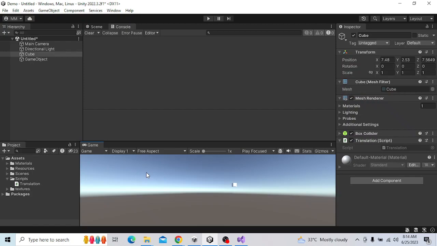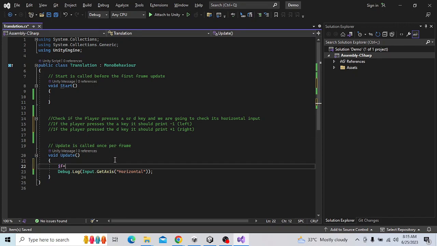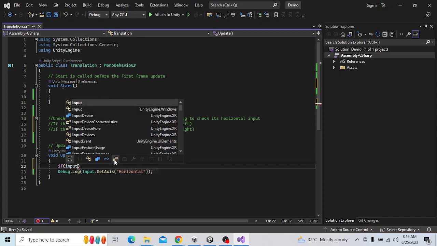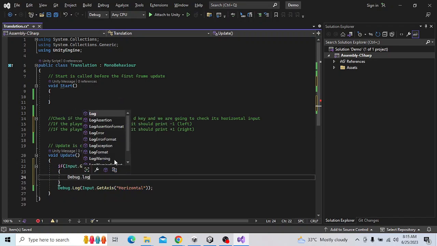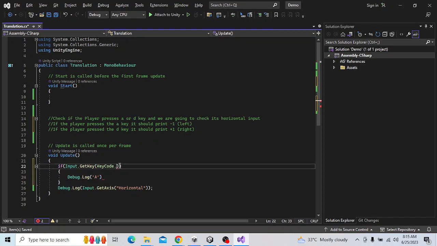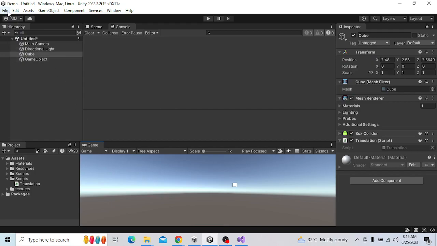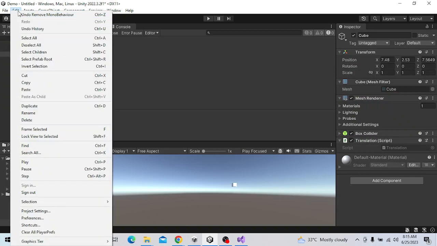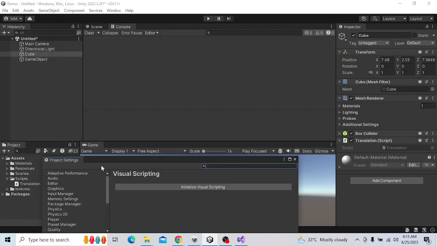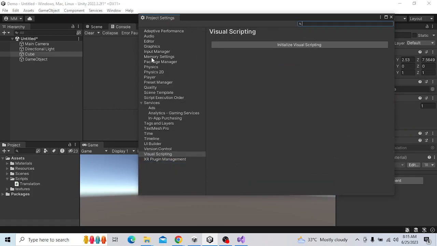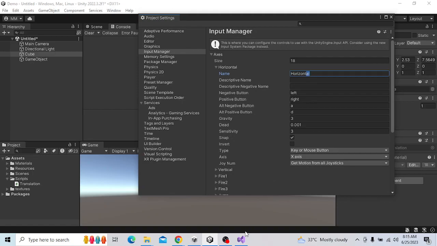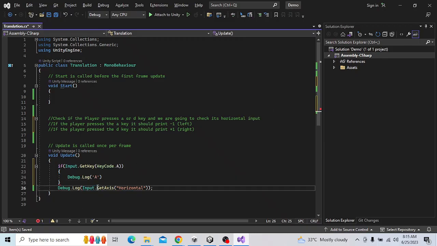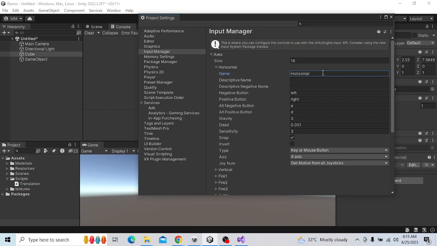So to avoid writing the code that we saw over here again and again, which was like, hey, if input.GetKey(KeyCode.A), if that's the case, then debug.log A, and to avoid this repetition of code, you're going to go to edit over here, and in edit you're going to go to your project settings, and in your project settings, if you go to your input manager, and in your input manager go to axes, and then in the horizontal you can see